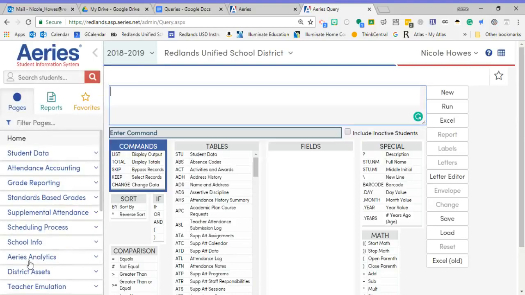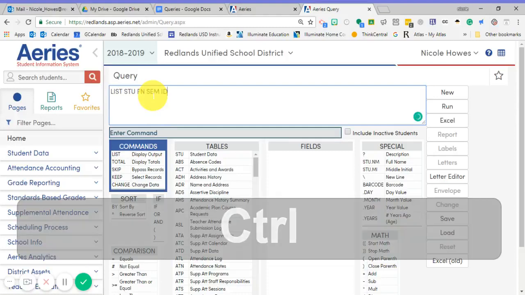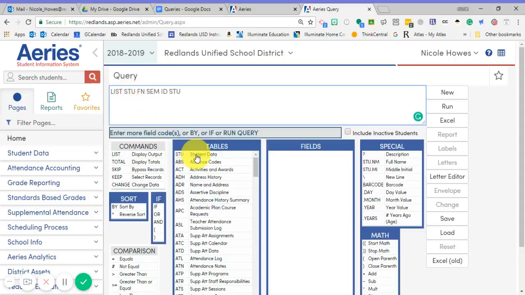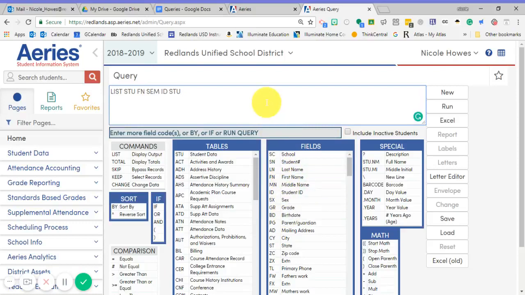From here, you can type in or choose this information from down below. You will need List to create a list of your students. You want it to be under Stu, which is right here. Once you click on Stu, a new section of fields will open up here where you can either type in